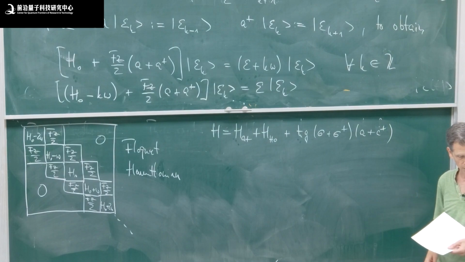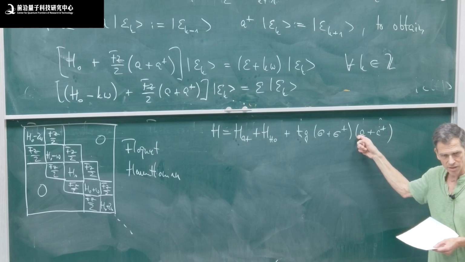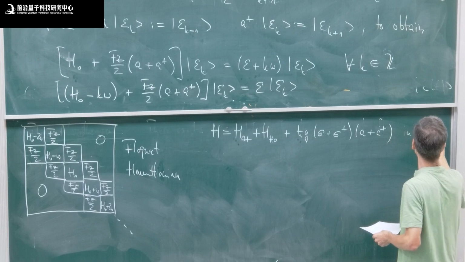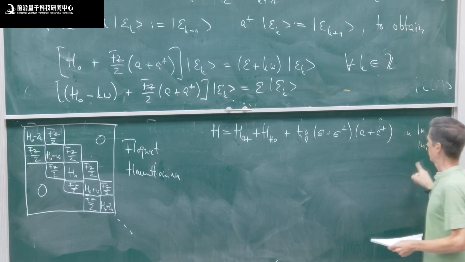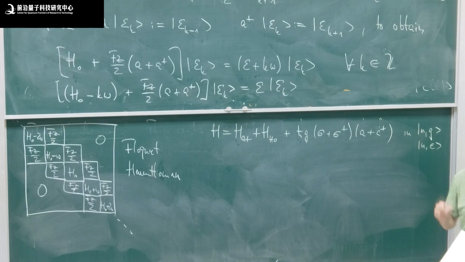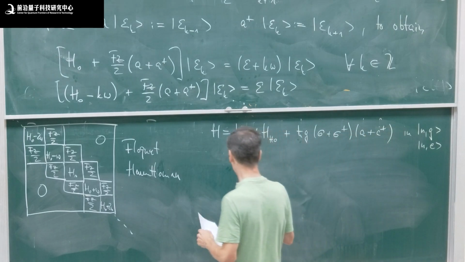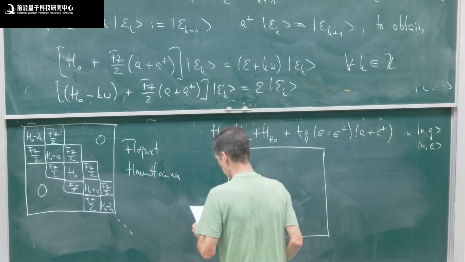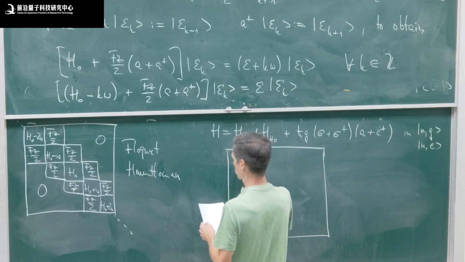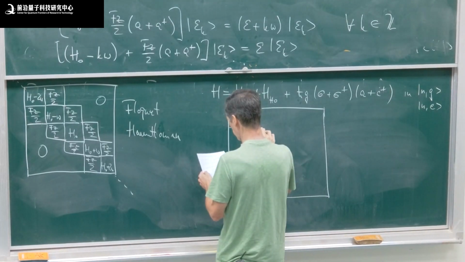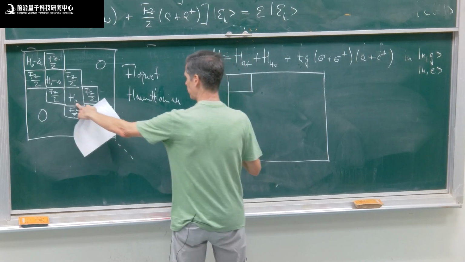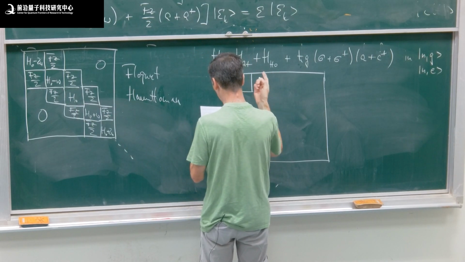to the Jaynes-Cummings Hamiltonian. Now, if you write this in the dressed state basis, so now in |n,g> and |n,e> as the basis states of your harmonic oscillator tensor two-level atom Hilbert space, then you get the following structure. Let's start here. I start from the ground state of the harmonic oscillator,